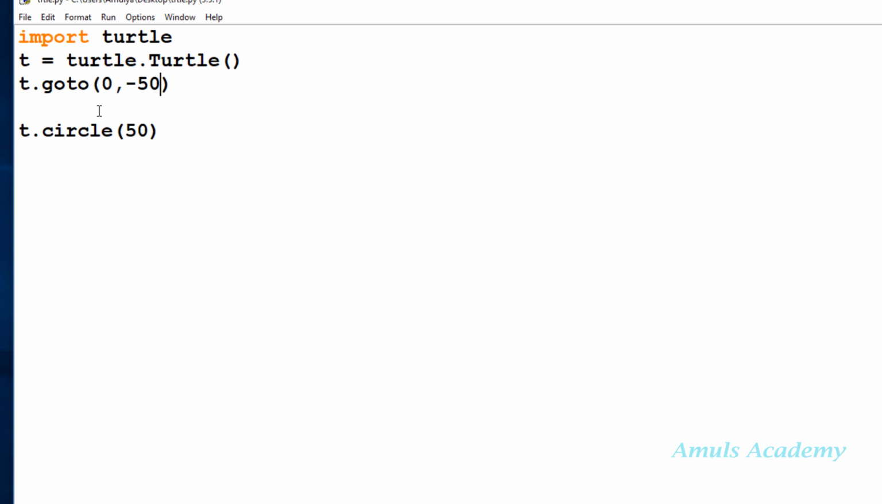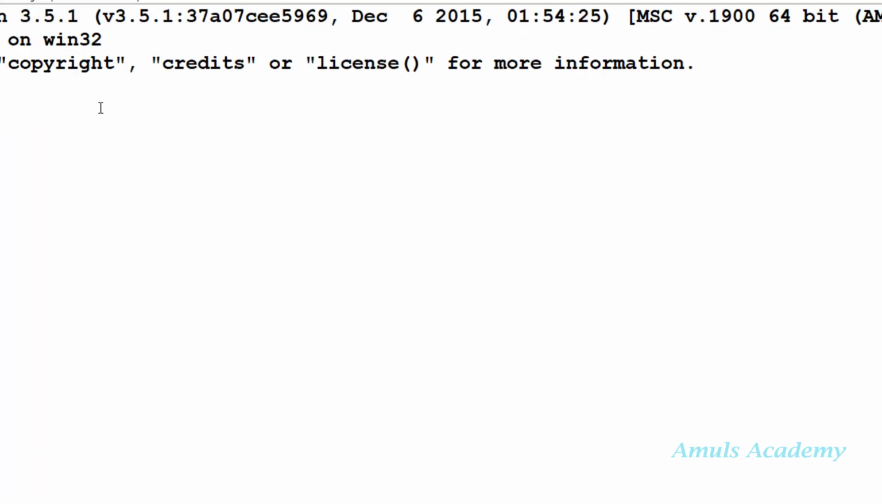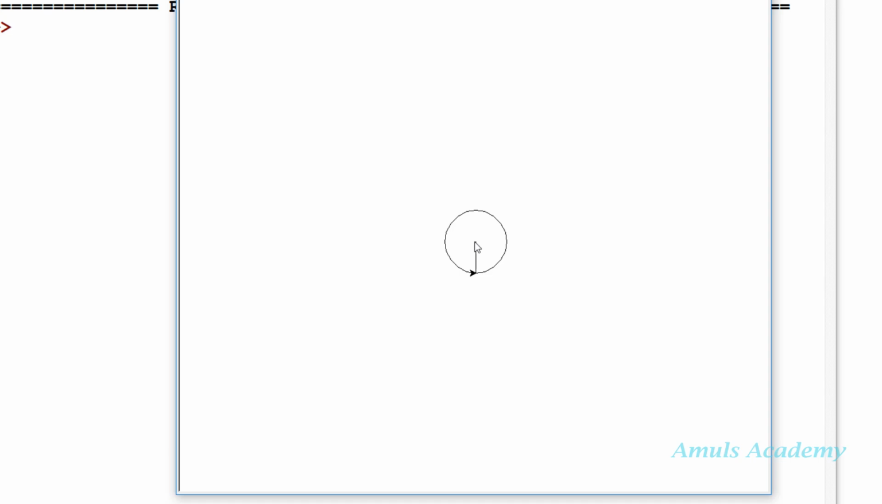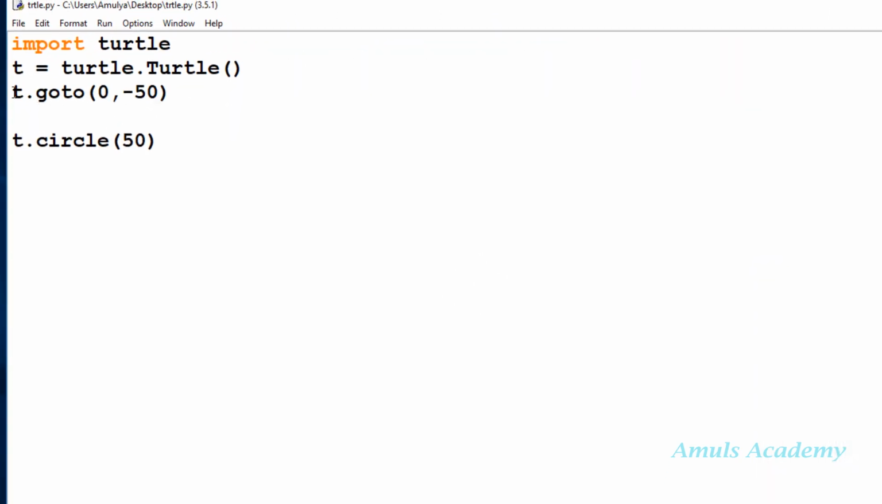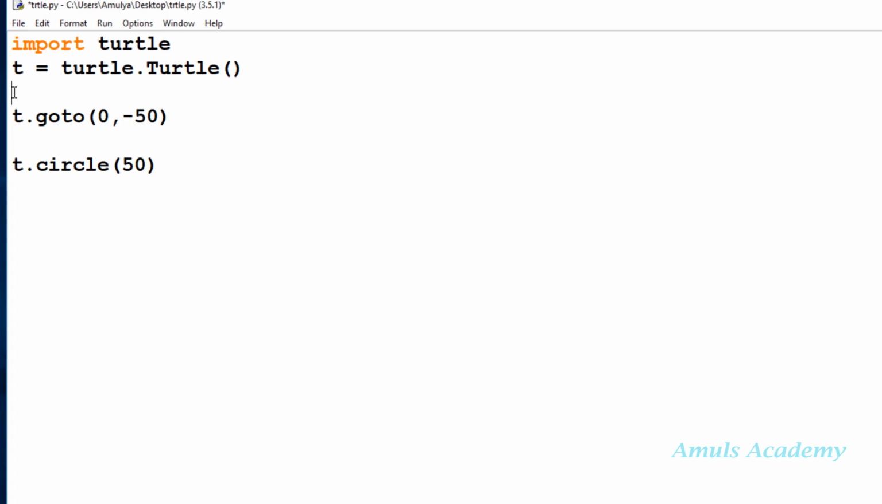So now if I save this and run this, the turtle will move here and it will draw the circle, but I don't want this line right here. So for that I need to use up and down. Before doing this, I need to do t.up, so while moving to this position, don't draw the line. Next, after that I want the line, because while drawing the circle I want the line, that's why t.down, okay? So now if I see this,